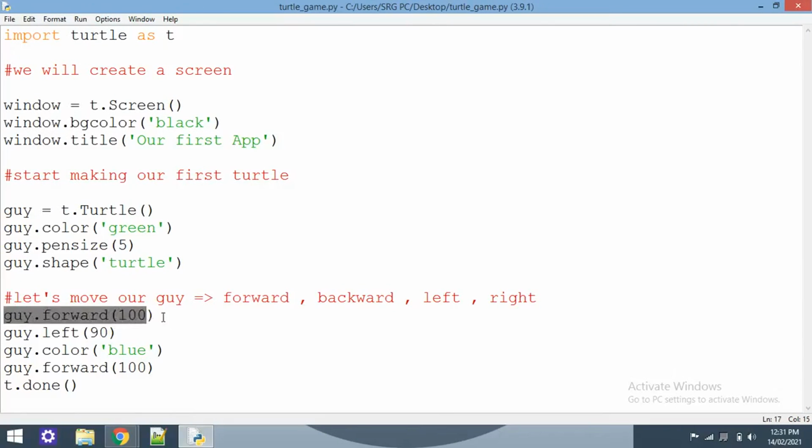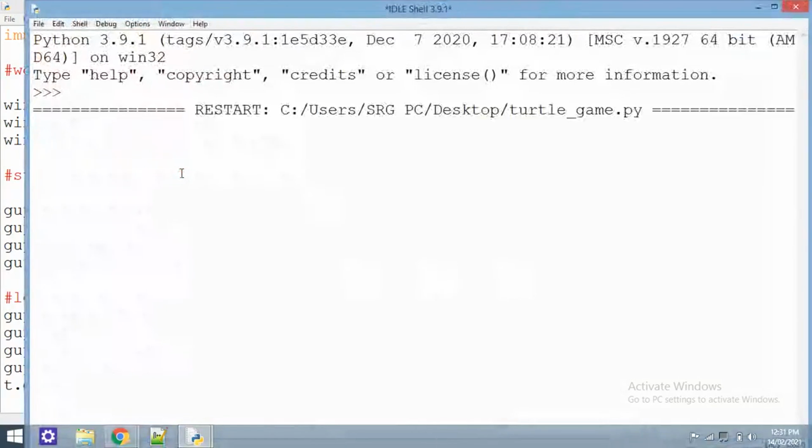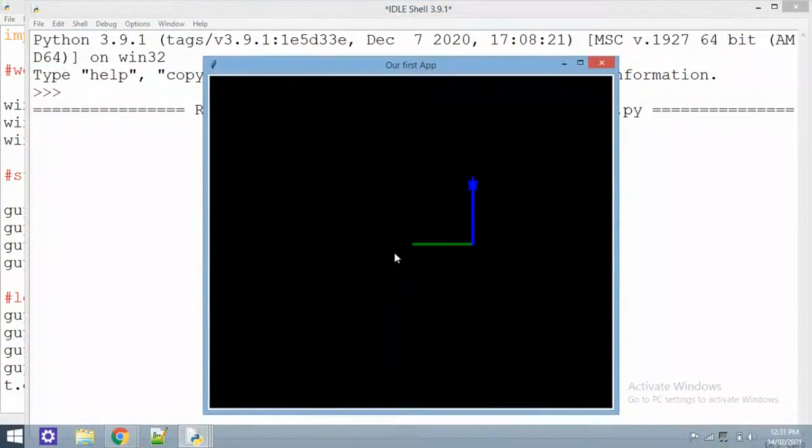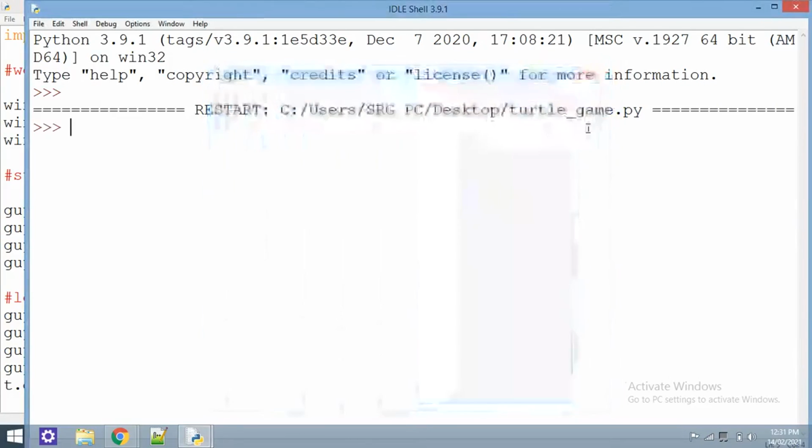It will run this line, make a change, run the next line, make a change. You can understand why someone calls it an interpreted language. This means running line by line. When you run it, you can see that it's moving line by line. It doesn't show everything at once.